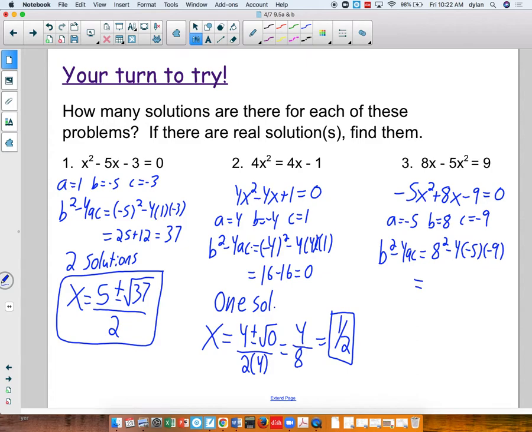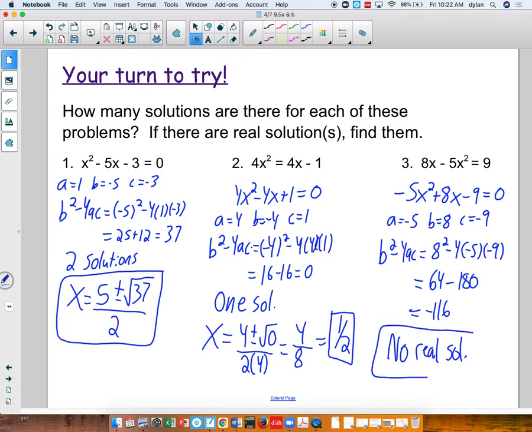Which in this case is going to be 64, and it's 3 negatives, so we know it's a minus, and then 20 times 9 is 180. So that gives us negative 116, and at that point we would just say no real solutions,